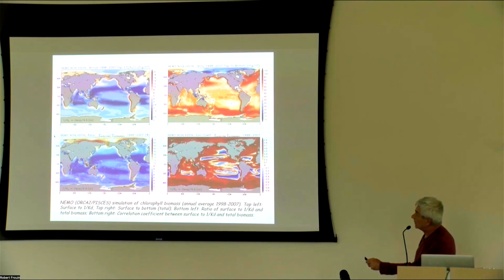For example, this oligotrophic area that we always say, okay, we have oligotrophic areas, the subtropical region, etc. But when you look at the total biomass vertically integrated, you don't have this anymore. And if you look at the ratio here, you see that in most of the ocean, except that